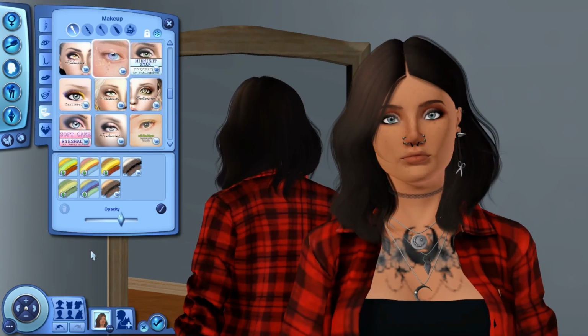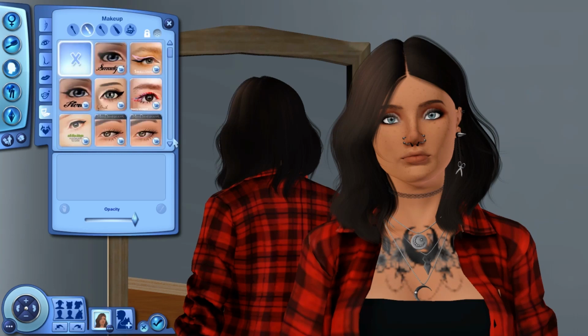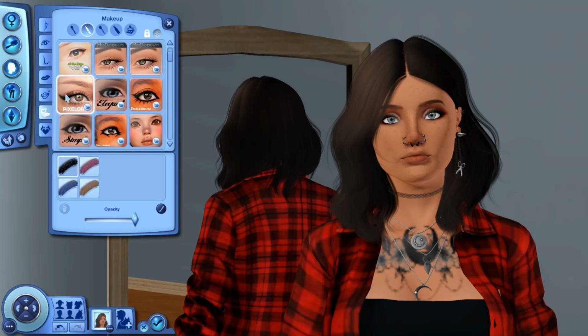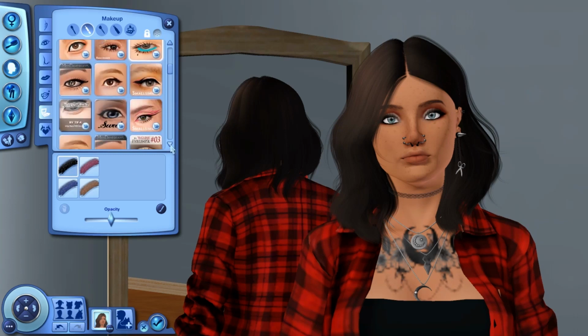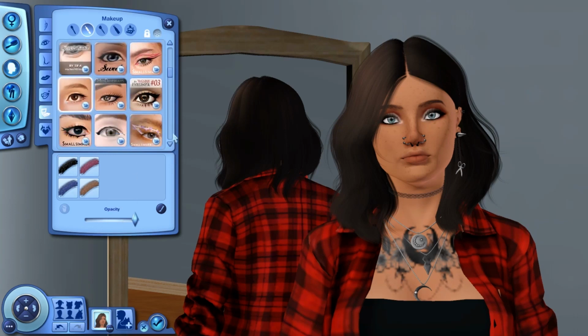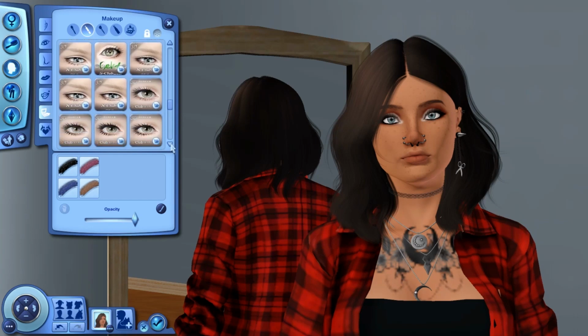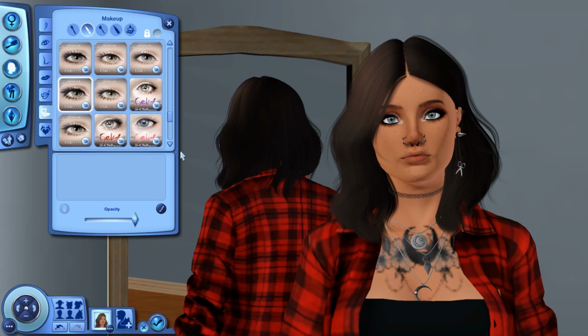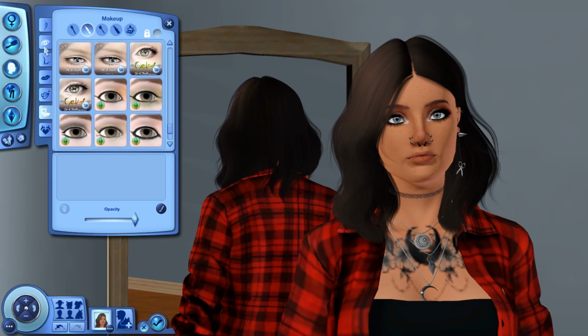So as you can see, I went a little bit different with a red kind of cliched look. I was testing out some things to see what they look like, didn't vibe with it. But yeah, I went with a little bit of a red cliched look, kept it, it's not super dark. I think I went with a smoked eyeliner and then a black bottom lash line, obviously the inner corner highlight, and some lashes. And I think I even ended up going back in and adding the accessory lashes on her, if I remember correctly, the big baddie ones, because I felt like she needed a little bit more definition.